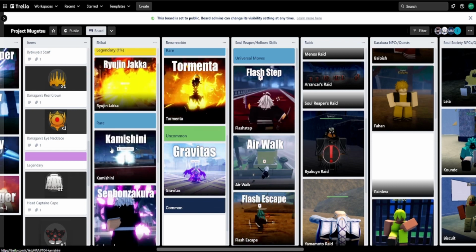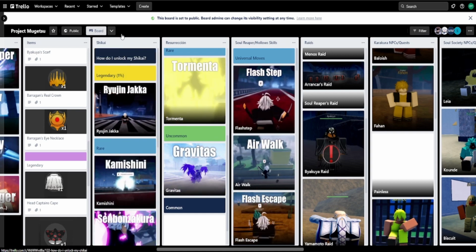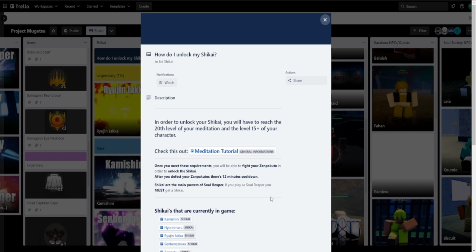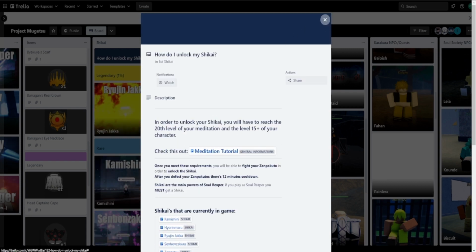But yeah, that's the ranking for all the Shikais and stuff. And then to get a Shikai, you have to meditate in the Soul Society world, and you have to be level 15 and level 20 in your meditation, and all this stuff is needed for it. Now we're gonna move on to